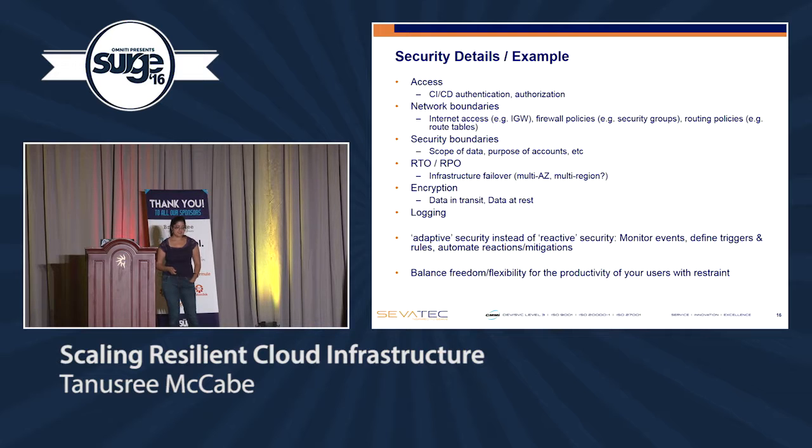So just some details and examples of the security side. So access we talked about a little bit from orchestration perspective about cross-account roles and things like that. But there's also access to be considered at every point of your actual CI/CD pipeline, and of course authorization there too. And then network boundaries, it's another thing to think about in terms of your frameworks. So do you have certain policies with respect to your security groups? Like, do you have a rule that says you should never have inbound all for SSH? Or if someone's working from home, you don't want to allow their IP range. I don't know, but if that's your rule, then that's something you define.